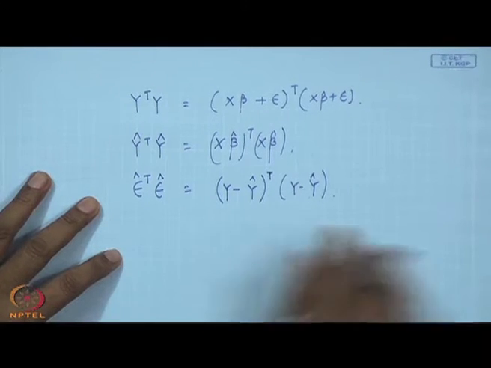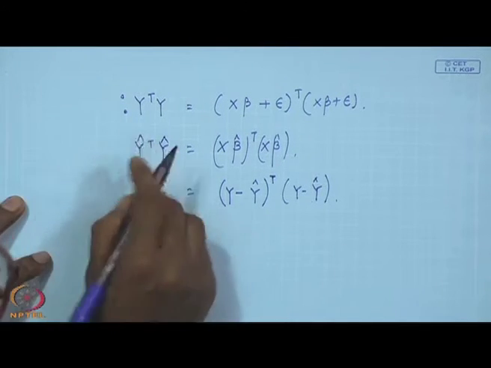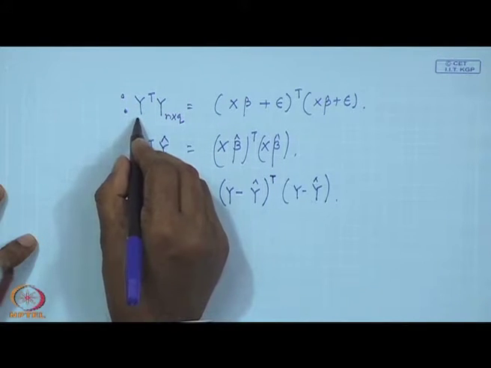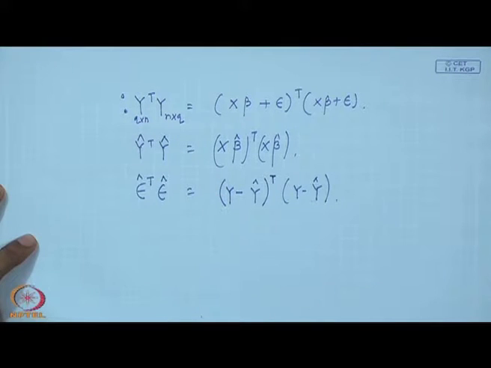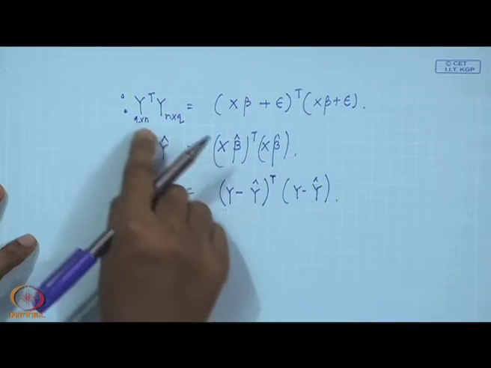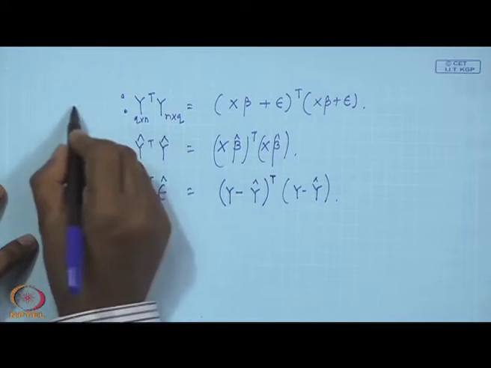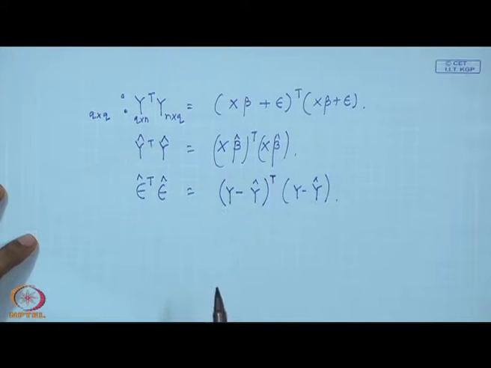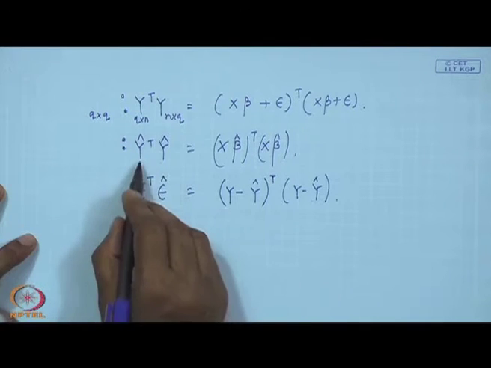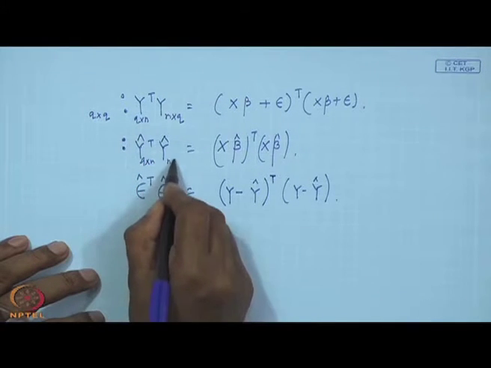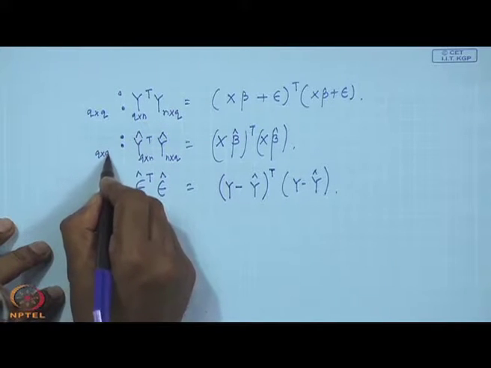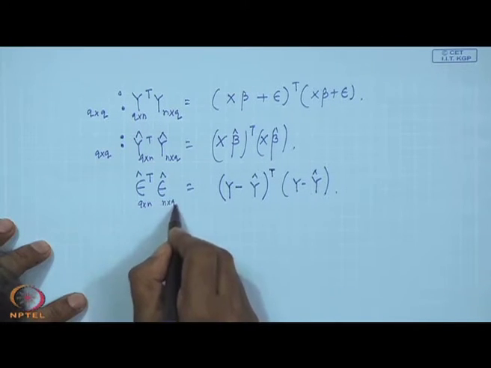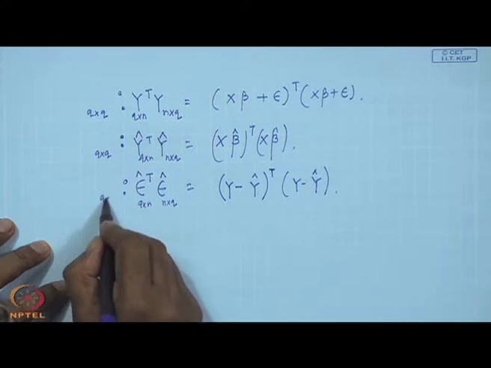Okay. Now, I want to know what this Y transpose Y is. What is Y? Y is n cross q. Then what is its transpose? Q cross n. Correct? Then if I write it like this, you will get some matrix which is q cross q. Similarly, here this is again q cross n, n cross q. You will also get some matrix here of q cross q. Here this one is also q cross n, n cross q. You will get something here, q cross q.